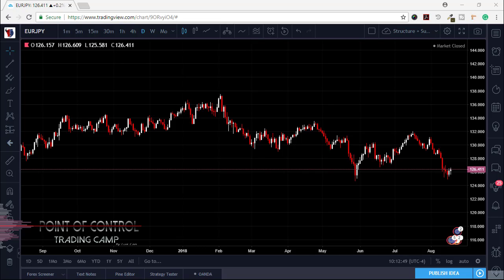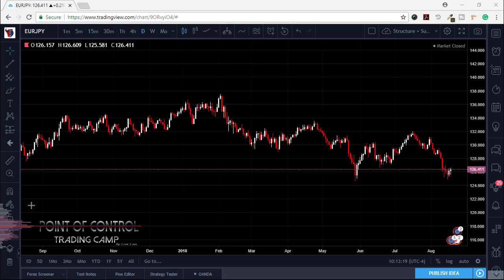So let's get started. As you already know, I love to speak with no BS, and I love to start with naked charts and price action. If you want to measure the market structure, it's important that you get your chart naked. No indicators, no lines, no trend lines, nothing. Just the candles on the chart.